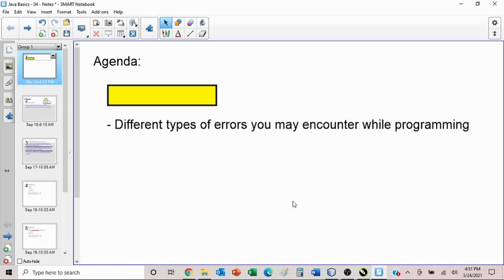Today we're going to be talking about the different kinds of errors that you can encounter while programming. Now this is certainly not specific to Java or any computer language. But before we get into that, unfortunately for you,